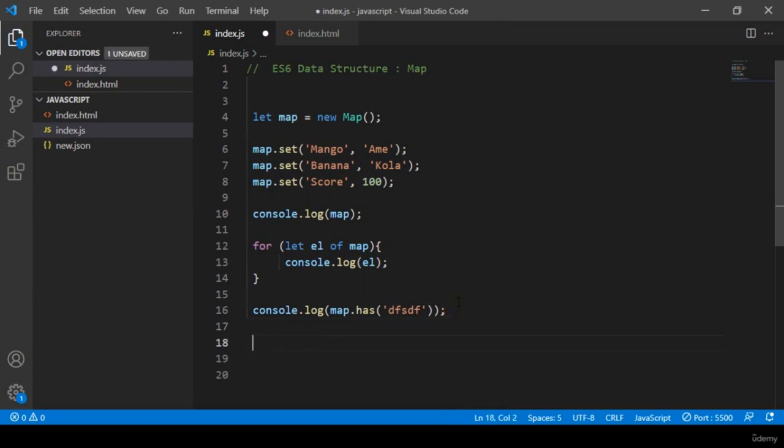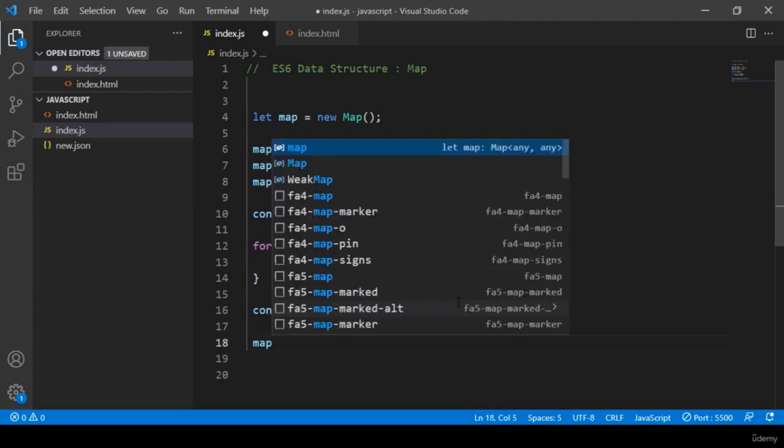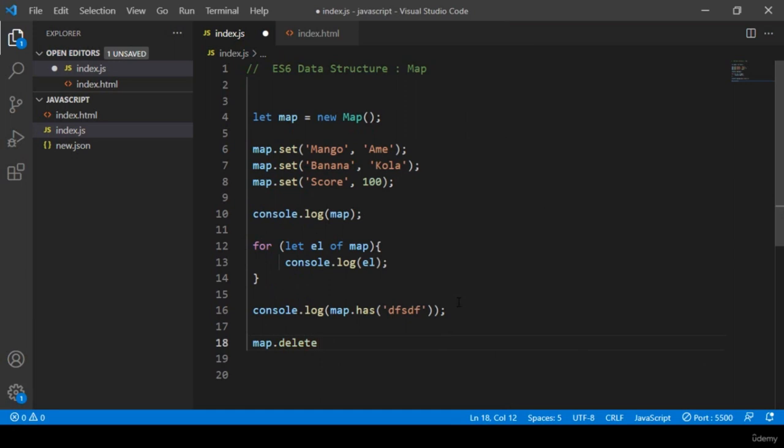Then that will be the same concept that I have done before with this map. There is a delete method. I want to simply declare this delete method, and I want to delete which key. You can see there is a delete method, and it's expecting one key. I want to delete banana. Okay, I simply delete this banana, and now if you want to check it with the console log,